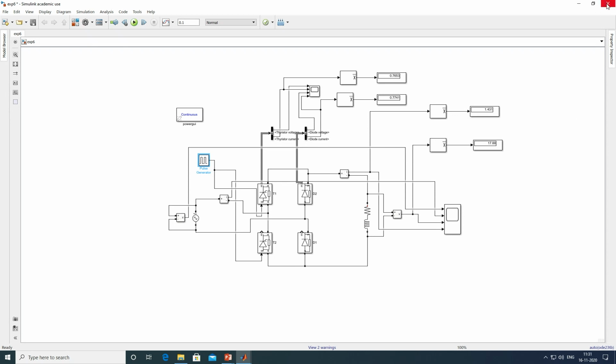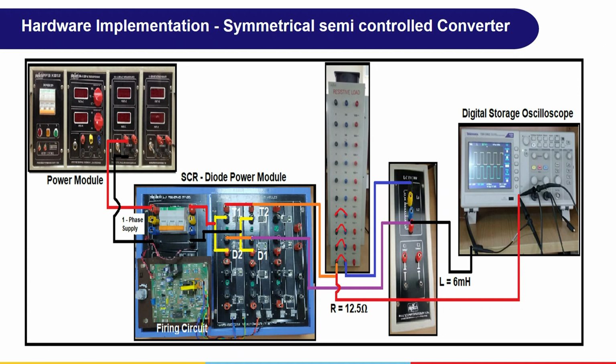Now we'll do the hardware implementation of the symmetrical semi-controlled converter. For this you require a power module. The power module will give 3-phase supply, single phase supply and DC supply. In that you have to choose only the single phase supply. The second one is the SCR diode power module. It contains SCRs and diodes, so we have to choose T1, T2, D1, D2